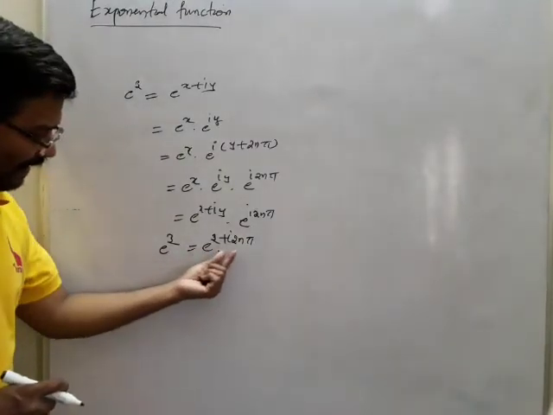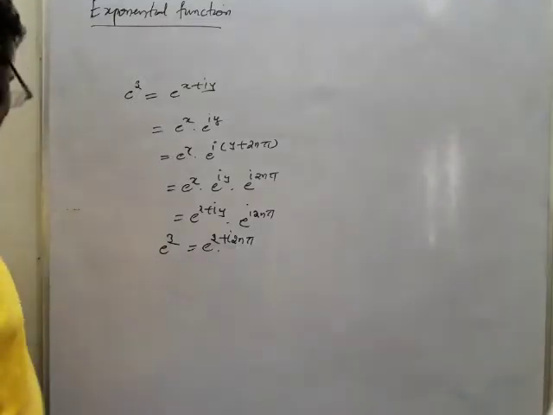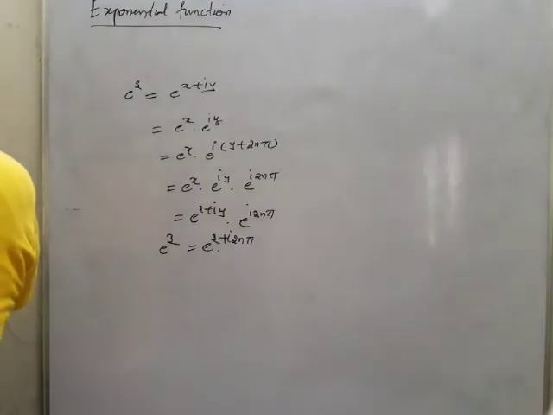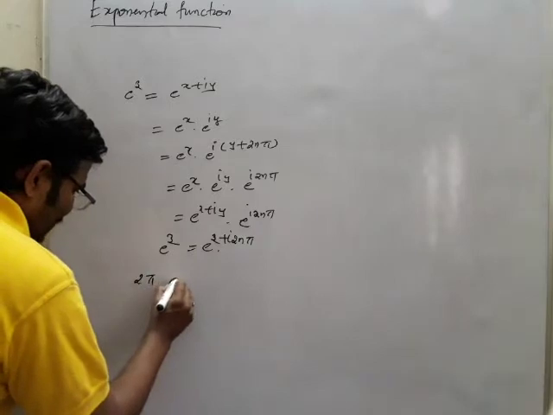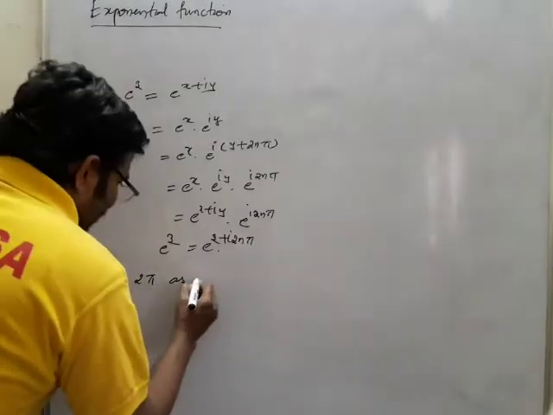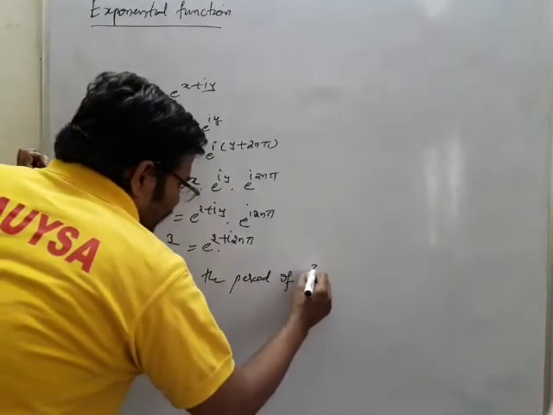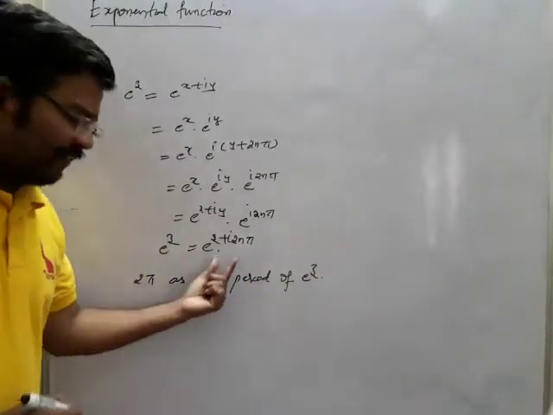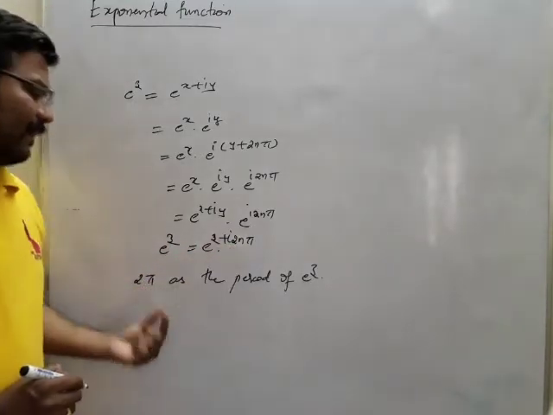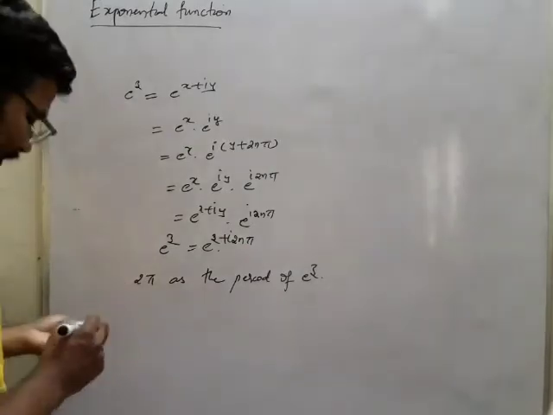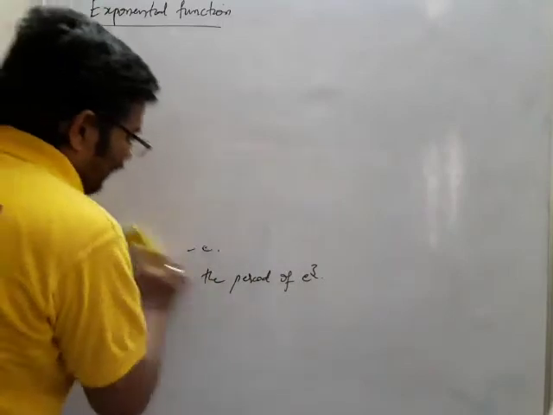So here e^z is nothing but a periodic function with period 2nπi, or I can say the period is 2πi. So 2πi is the period of e^z. So e^z is again a periodic function. So e^z = e^(z+i·2nπ). So e^z is called a periodic function, which we got. So from this also we can have it like this.